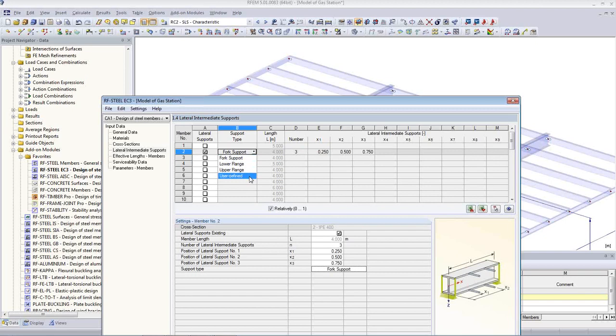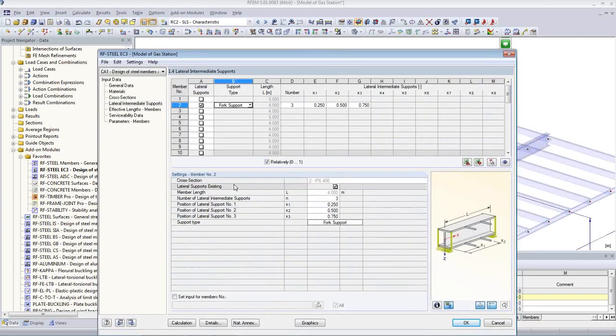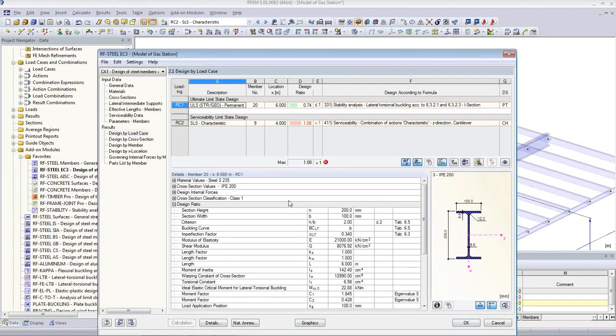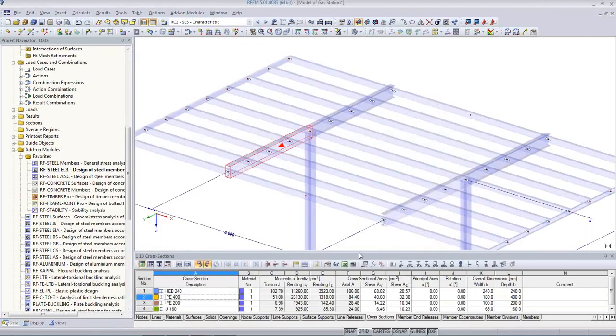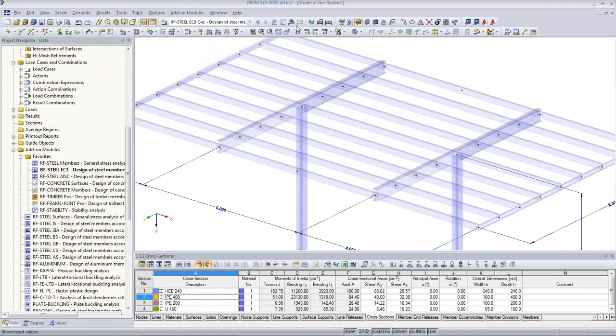I can choose whether I have a support on the upper or the lower flange, or I can even say user defined, and then I can enter my own distance on which level of the depth of this section I want to have that support. Let's have a fork support for this one, and then we will see the difference on the other side. So we run the analysis again. We see here we have to look maybe at the design ratio of this member in comparison to the other ones. So I go to the graphic, I select the results for steel EC3,